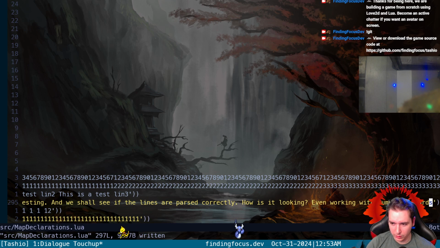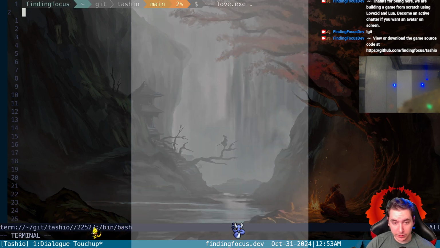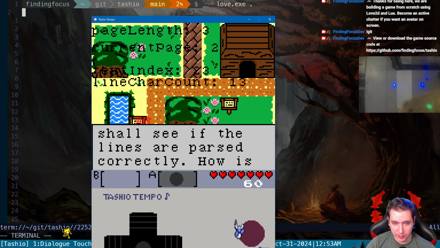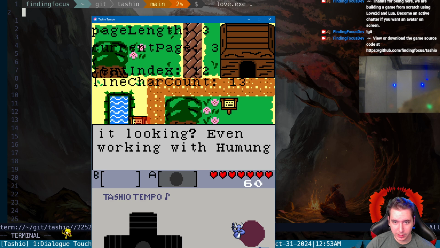Humongous words. Okay, let's see. This is a varied length text for testing, and we shall see if the lines are parsed correctly. How is it looking? Even working with